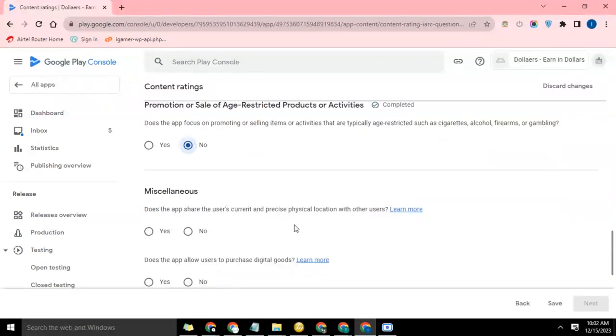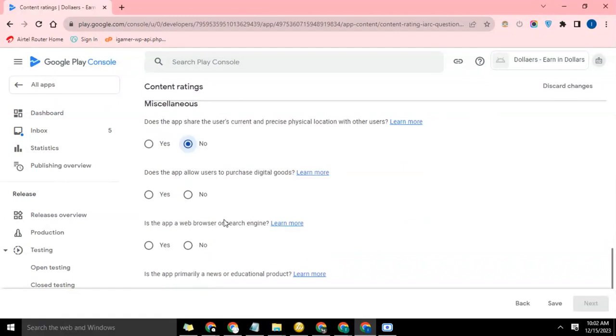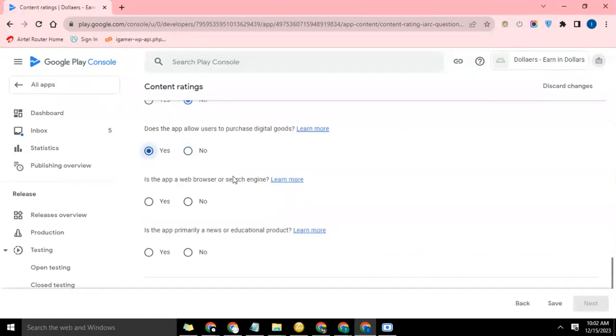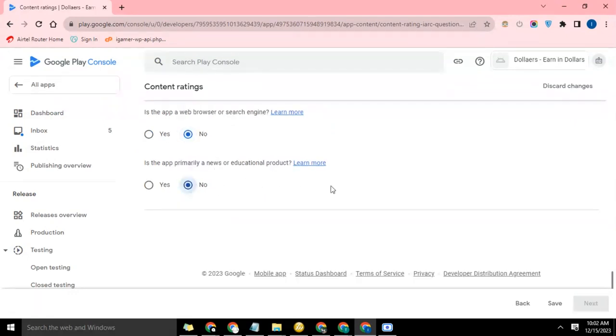Miscellaneous. Does this app share the user's current and precise location? No. Does that allow you to purchase digital goods? Digital goods, so yes. Is the app in the web browser signaling? No, it's not. Is that primarily a news or traditional product? No. So now you go ahead and save